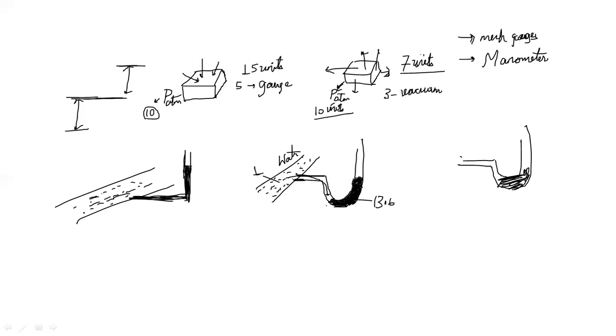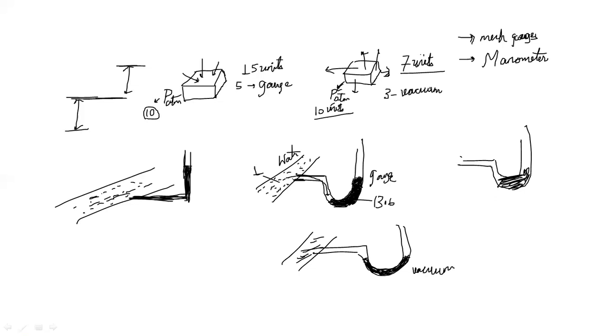In case of vacuum, we would have a fall if there is less than atmospheric pressure. Then in case of pressure inside the pipe, which is less than atmospheric pressure, this column would get sucked up because of loss in pressure. So just by observing the rise or fall of mercury in both the limbs of this tube, we can observe whether there is gauge or whether there is vacuum.